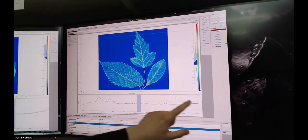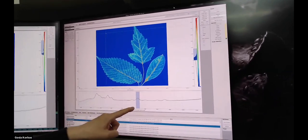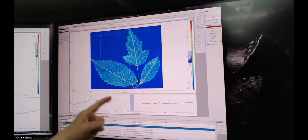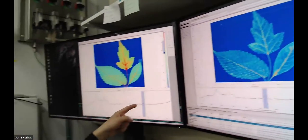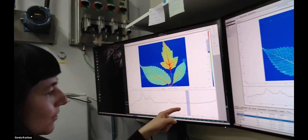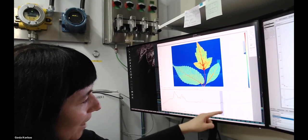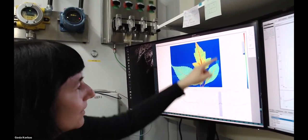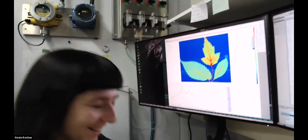And this is the X-ray spectrum. So these are the data that come from the synchrotron, and I can only choose this peak because I know that that peak at this energy belongs to iron. I can also look at another element, for example, zinc. So I can tell the program to only look at data coming in from this peak, and then build an image of zinc distribution. So basically, this is how we collect the data on the BioXAS imaging beamline,